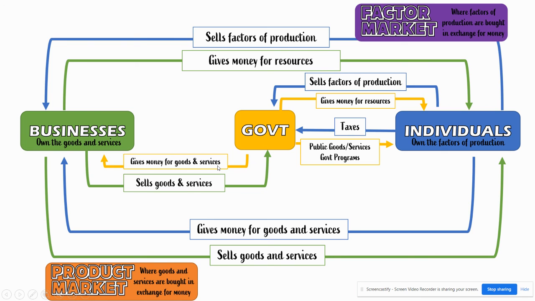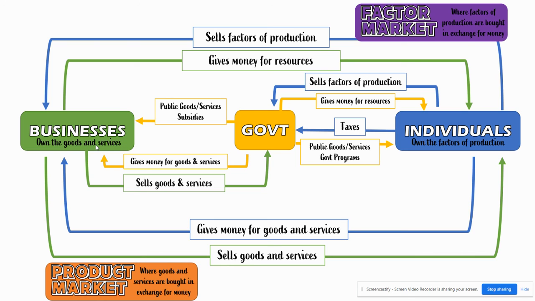And again, they have to pay for it. They can't just go to a business and say, give us this stuff. They have to offer money for it. And so that exchange in the product market is happening between businesses and the government, as well as businesses and individuals. Now, the government also uses some of the money from taxes to provide goods and services to businesses as well. So businesses use the